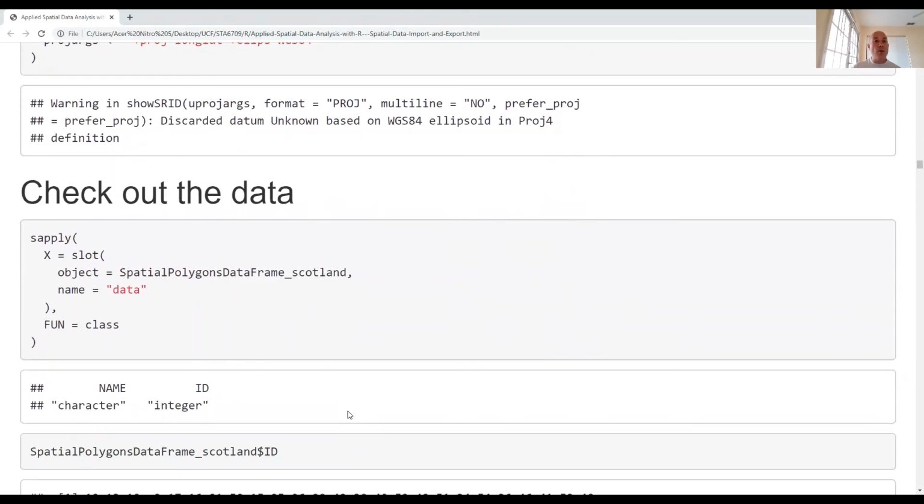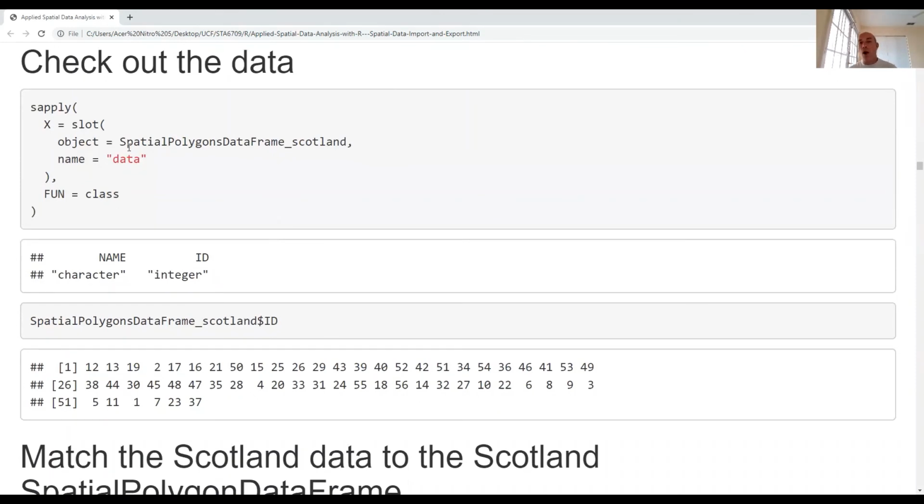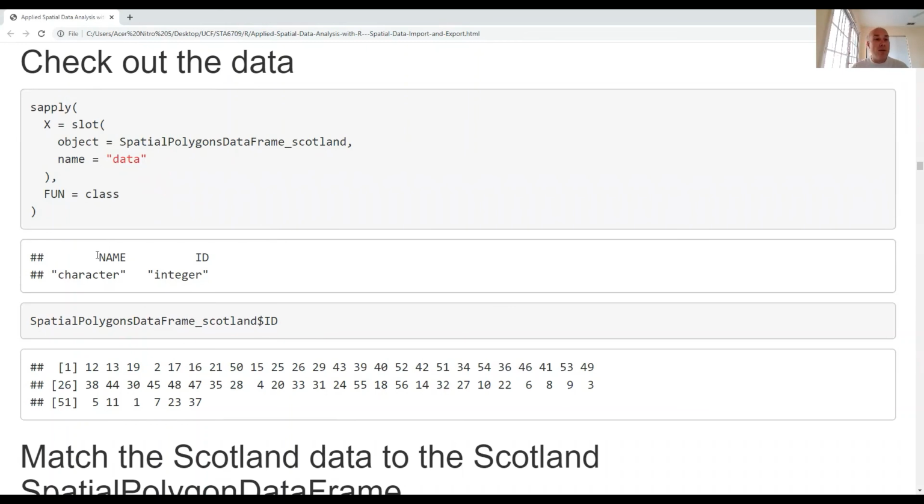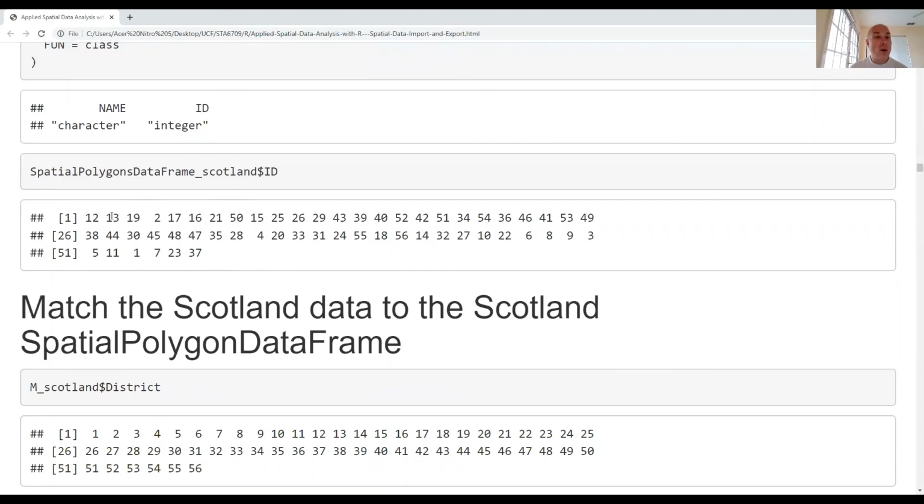All right, so now let's take a look at what we've got. Let's check out our data. So here, how the author chose to do this was to grab the individual slots of the spatial polygons data frame object and look at their class. When I look at the data, we can see that we have a name and we have an ID for each row of our data frame. Okay, and so here are our IDs. Now, something that's going on is that we have two objects for Scotland. We have a data frame, and then we have a spatial polygons data frame. I'm going to need to match them up. Well, fortunately, the IDs are in here. In the spatial polygons data frame, we have an ID column for the ID variable, while in the Scotland data frame,